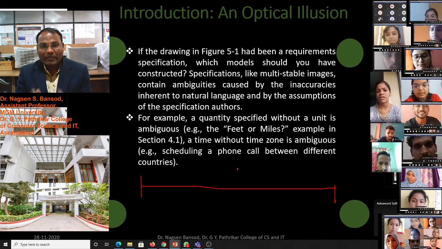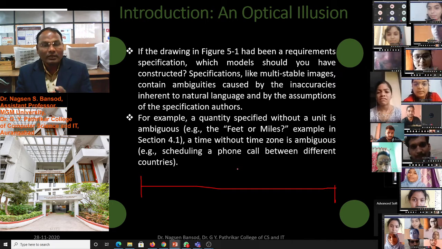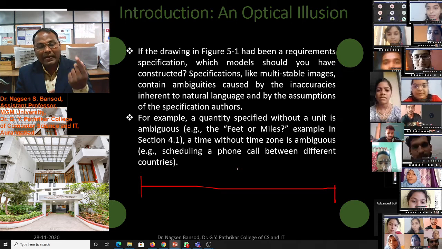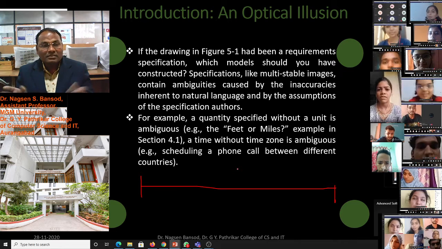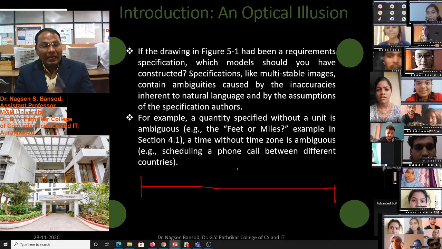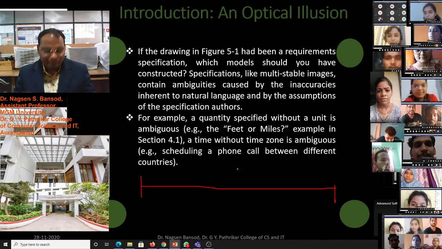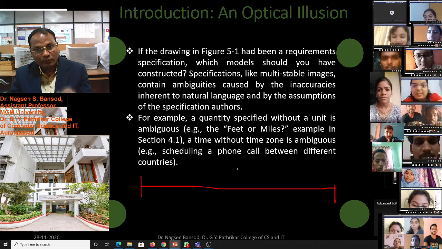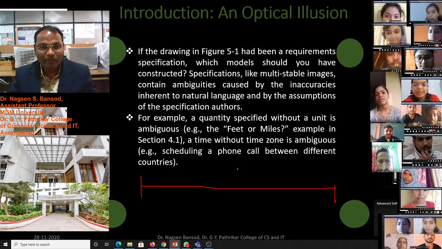Suppose you are with your mobile phone in your native country, and you leave your native country and are in a different country. In that case, suppose you wear an analog watch on your hand, the time will vary. Your mobile phone will show a different time. According to the country, it will update itself, but your watch will not be updated.